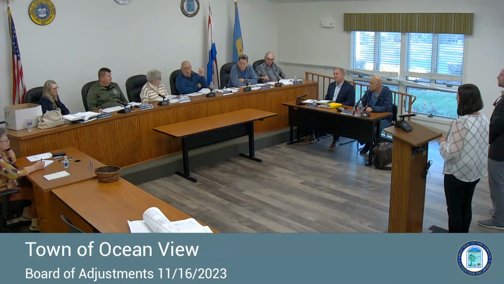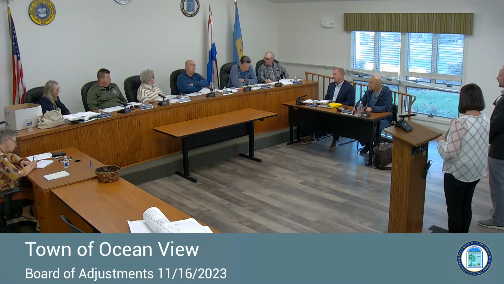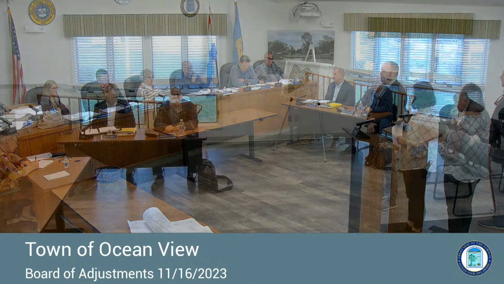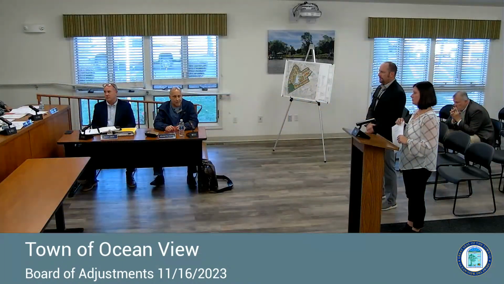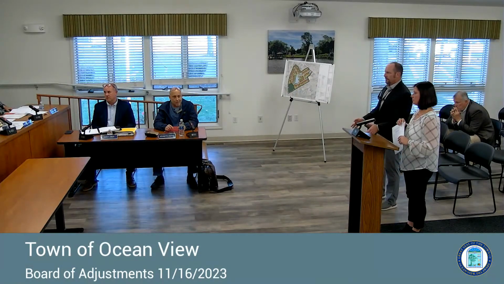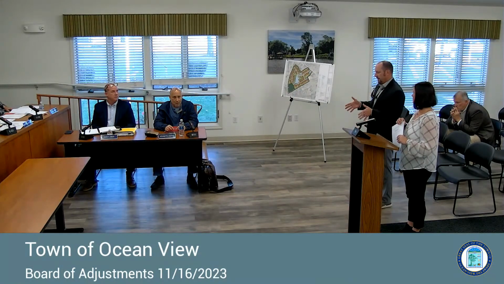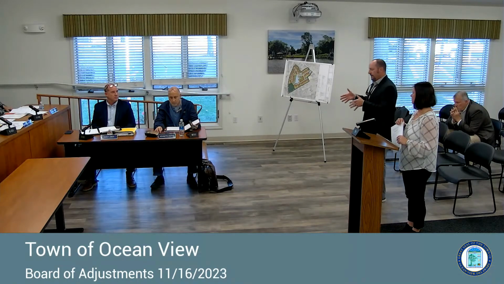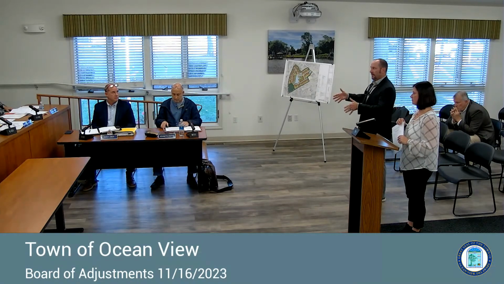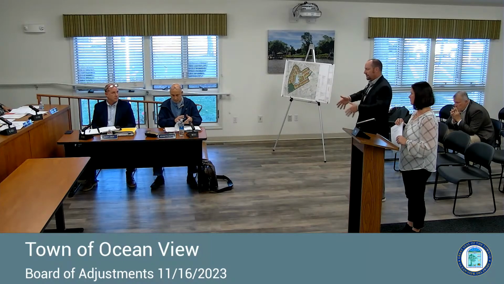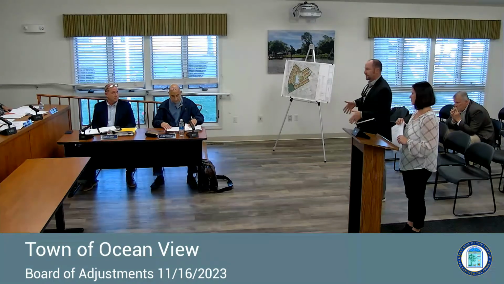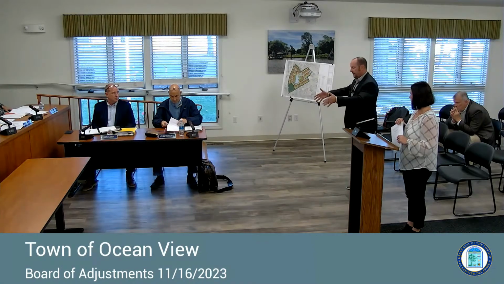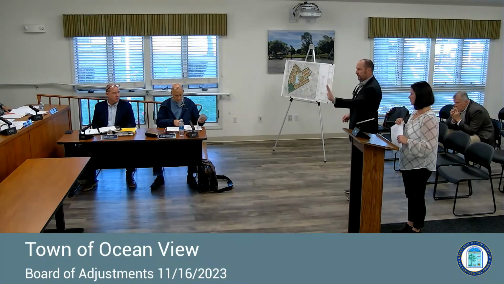Any other questions, gentlemen? I have one. What is the alignment of the garage to the driveway? I'm just trying to picture the whole thing. So is the garage in the middle of the driveway? So basically on the one end unit, the garage will be on the outside of the building. So you basically have your garage, your driveway, and then your door. Say this is on the right-hand side, your driveway and your garage is on the right-hand side, your front door is just to the left of the garage.